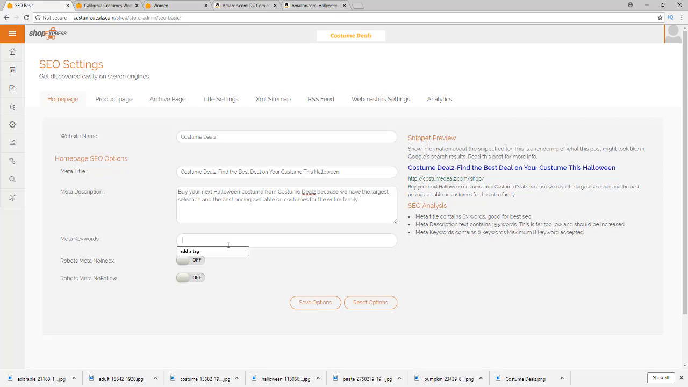So we want to put in a maximum of 8 keywords. Like I said before, just put in about 5 or 6 or so, you're good to go there. All right, so we're going to put in Halloween costume. Then we're going to put in the